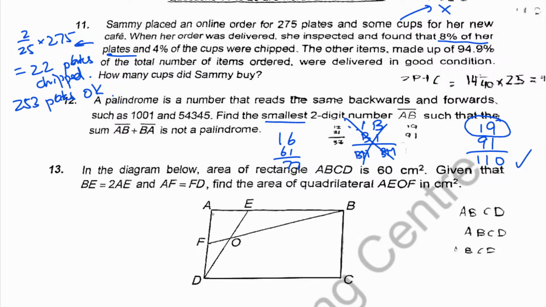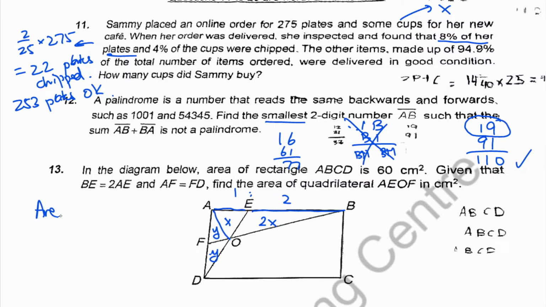Okay, so let's split it as such. And then, because BE is 2AE, right? So if, let's say this is X, this is 2X, because the ratio of the bases is 1:2, and they have the same height, right? So the ratio of the areas is equal to the ratio of the bases. So that's 1:2, and let's say this is Y. By similar logic, this has to be Y. Okay, now we have